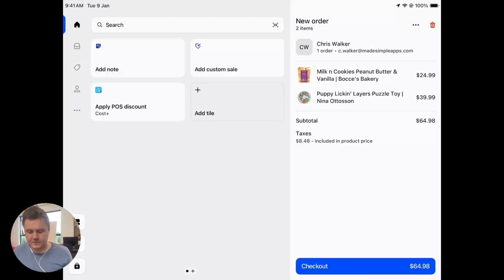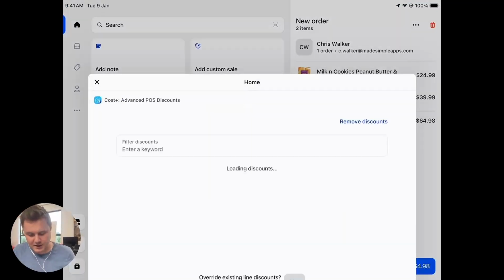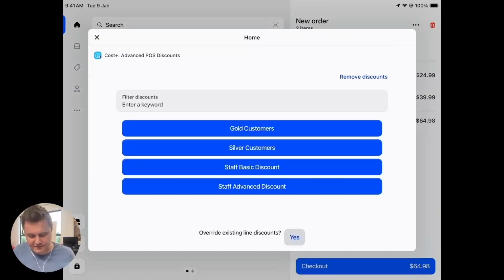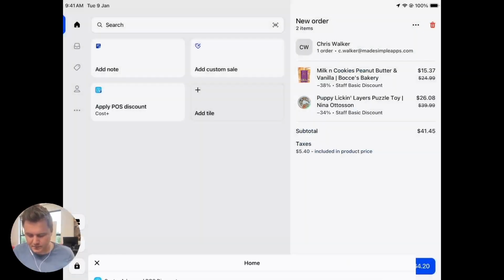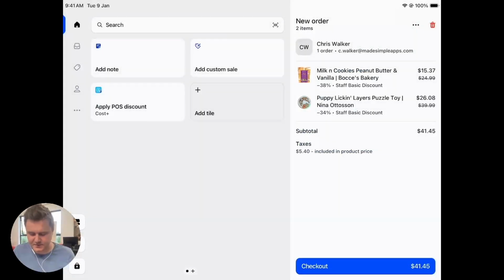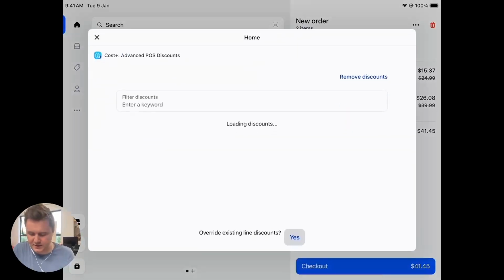So we already have 2 products in the cart, and we're going to apply the staff basic discount. So this was a cost-based discount, so that's why the percentages here are the percentages the price was discounted, and they were calculated based on that cost plus 25%. And you can see the reason it added next to the percentage being the staff basic discount. So let's go ahead and remove that,